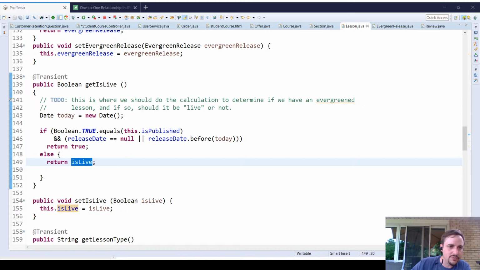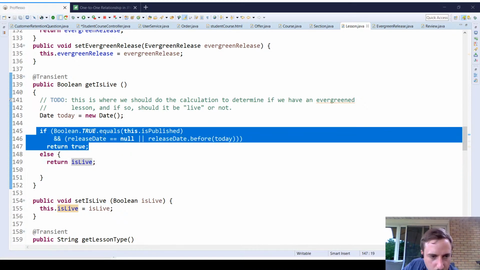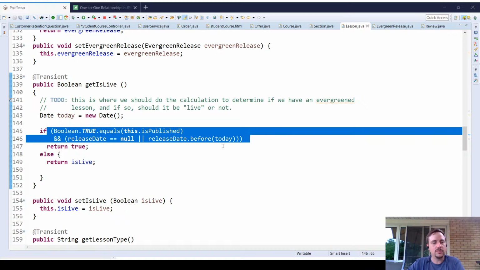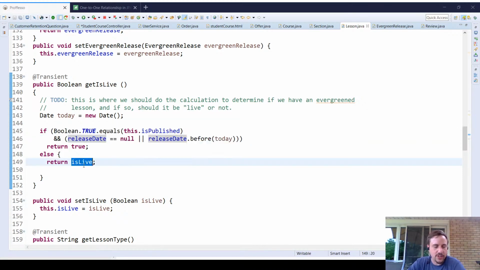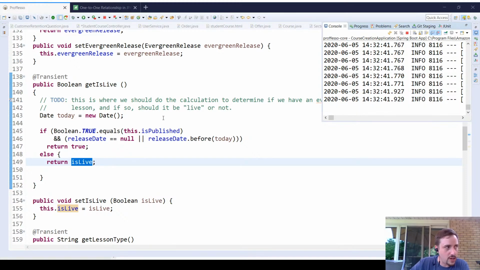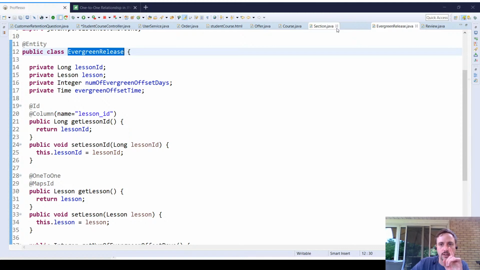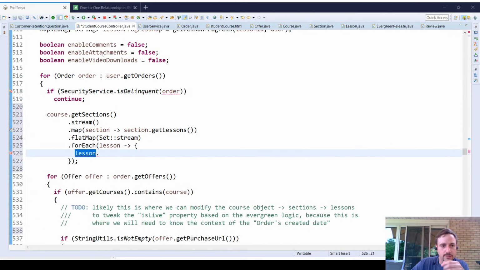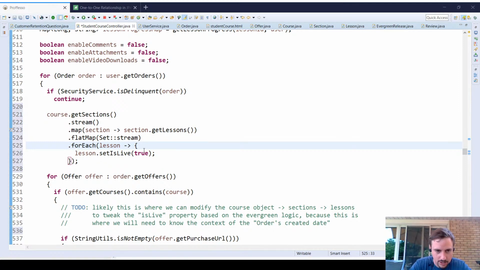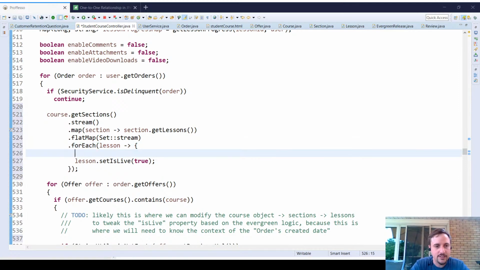So that way we have a way to modify the instance variable, which is set as false by default. If we are in this situation and this is the way it is, then it returns true. Otherwise, it returns the value of is live, which is default false. But then as we're going through here, nope, not there. Where was it? Here, yes. We can say lesson.set is live, right? So we can set it to true based on something. I obviously don't want to set them all to be true for is live, but I can say if lesson.get evergreen release isn't null, and